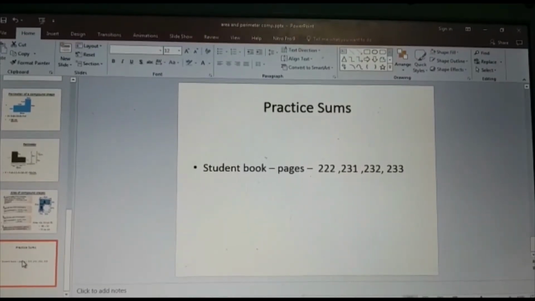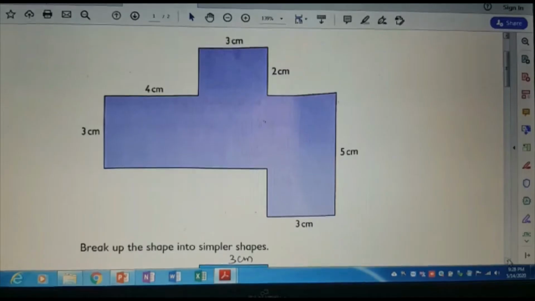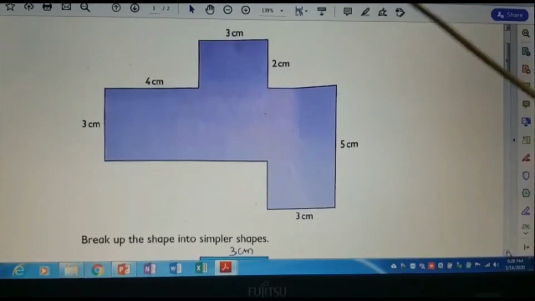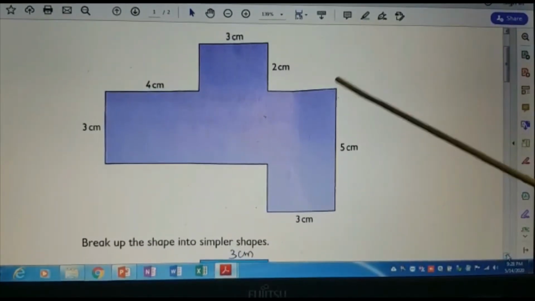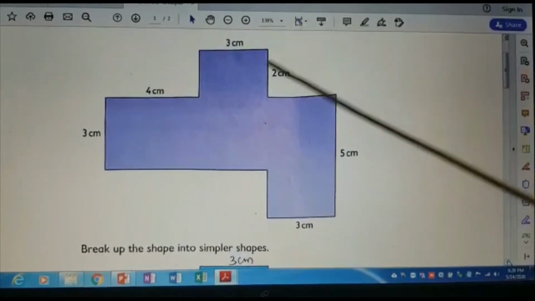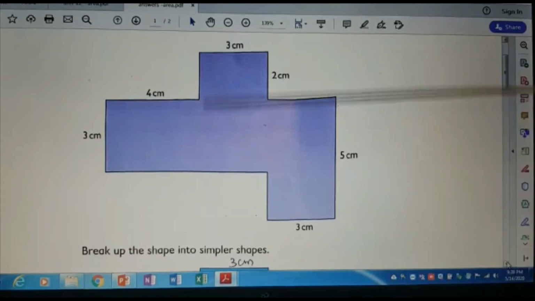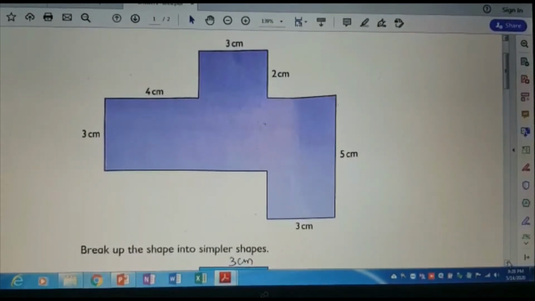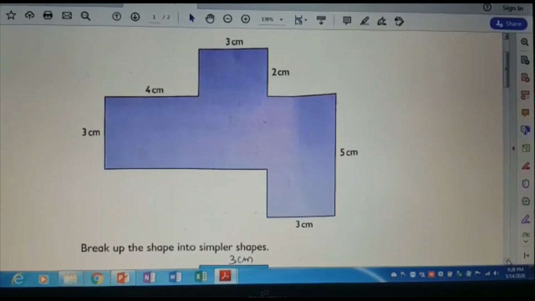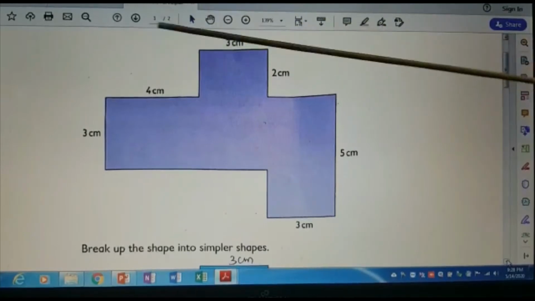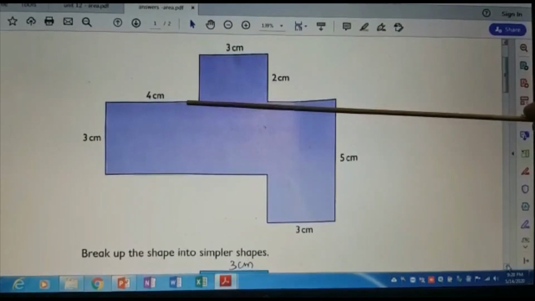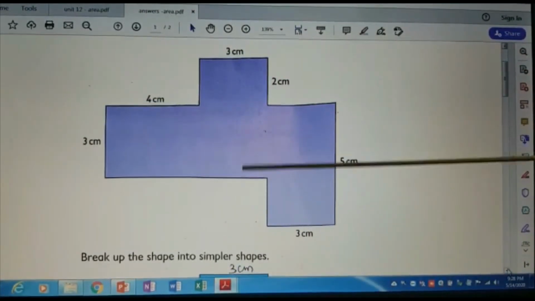Okay. So we can go to the explanation in the student book. First we are going to discuss the answer for the question in page number 232. So a shape is here. Now I am going to divide it like this. This is my method. If you find some other method, no problem. You can find it like that. No problem at all. The answer should be correct. That's all. So I am dividing like this and this.